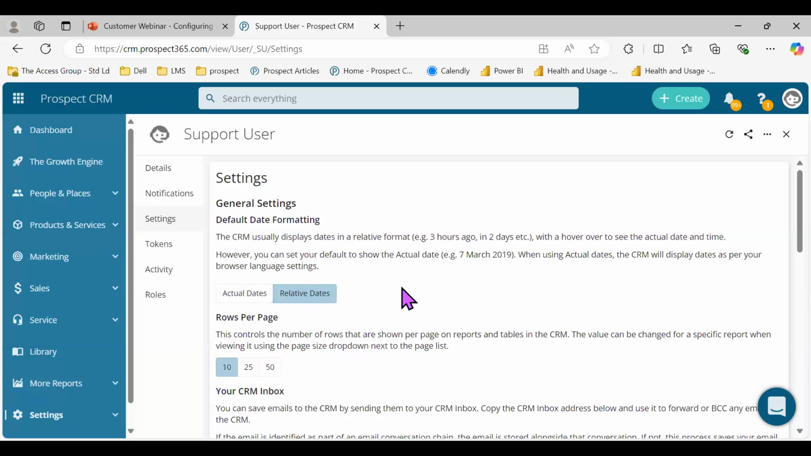So actual date means, for example, 7 March 2019, while relative date means like 3 hours ago, 2 days ago, 2 months ago, half a year, or even a year ago. So usually we use relative date simply because you want to know whether you've been contacting the customer, like for example every fortnight or every month, or 6 months ago,